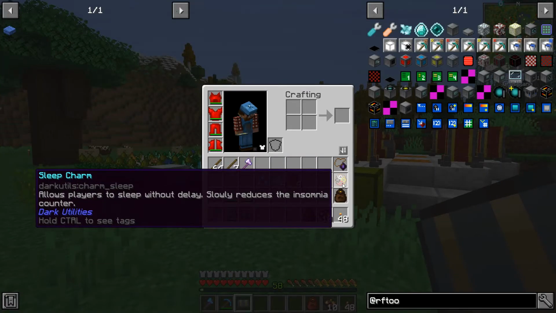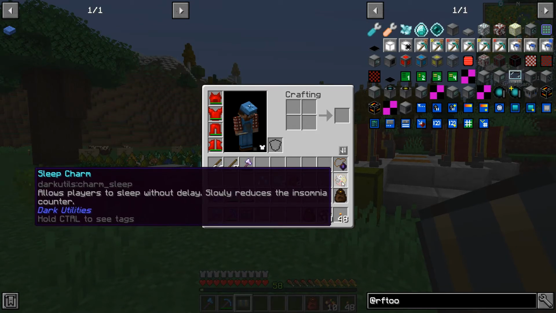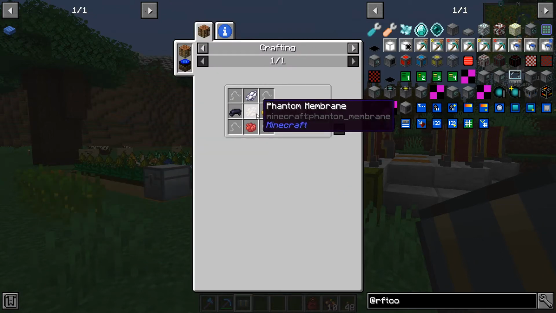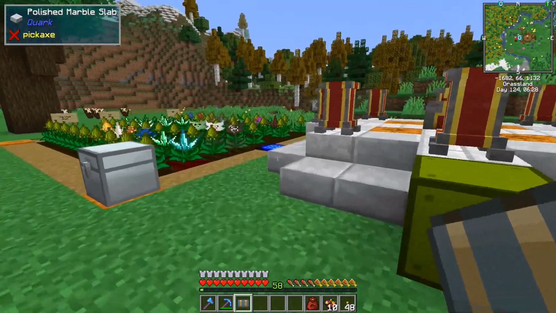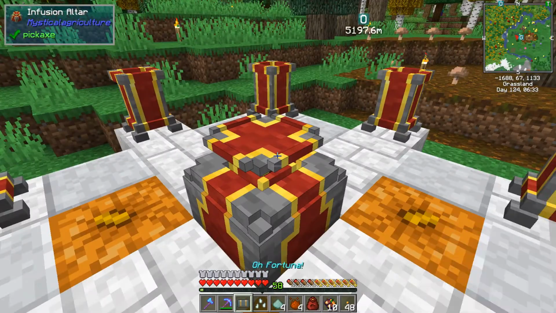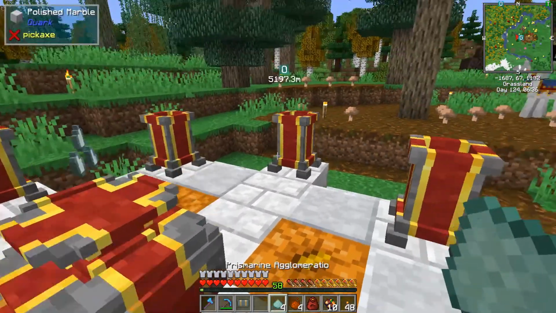Because I've got this, the sleep charm allows players to sleep without delay. Yay! Slowly reduces the insomnia counter. I wonder if that insomnia counter is what allows the phantoms to come through. Anyway, that needs a phantom membrane. I keep thinking phantasms, but phantoms. Anyway, so I'm going to go ahead and make this and do a bunch, because once I've got this all